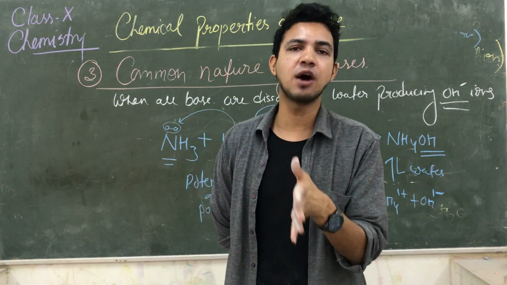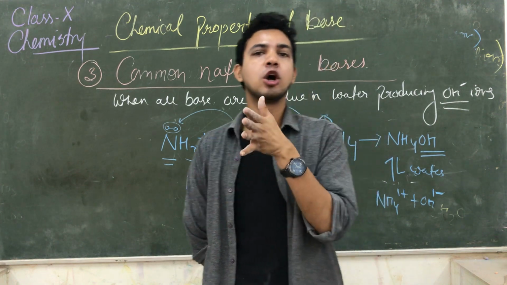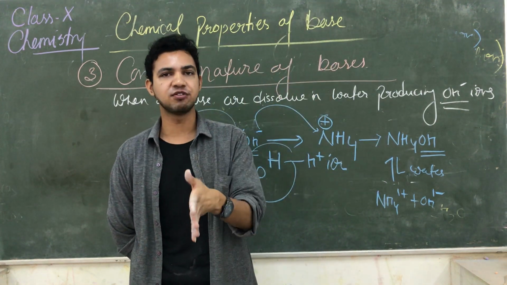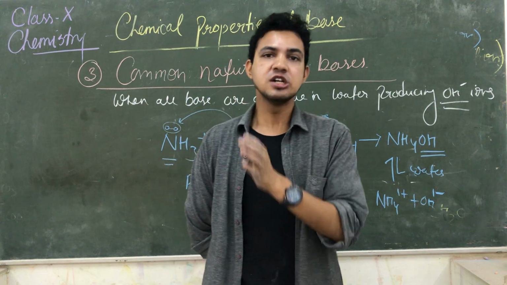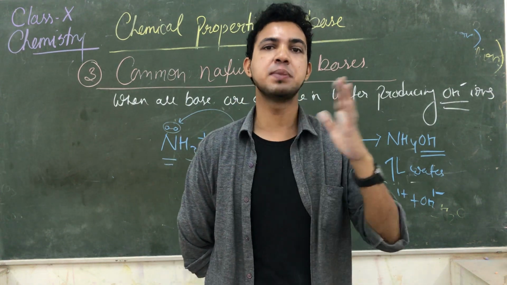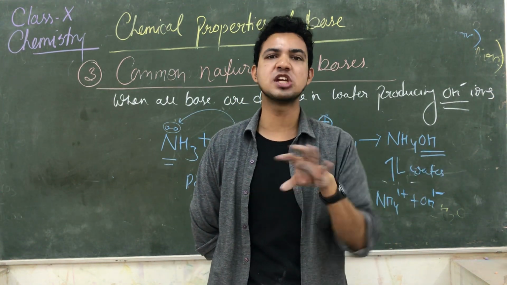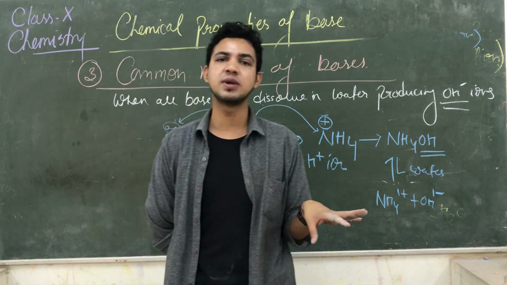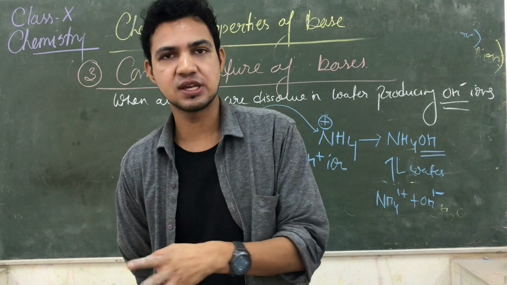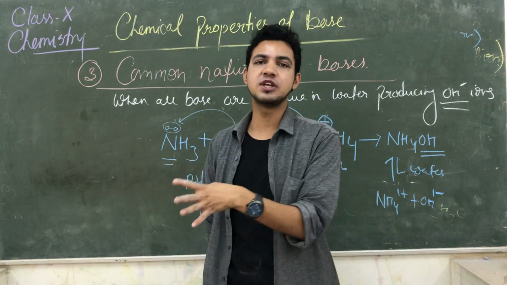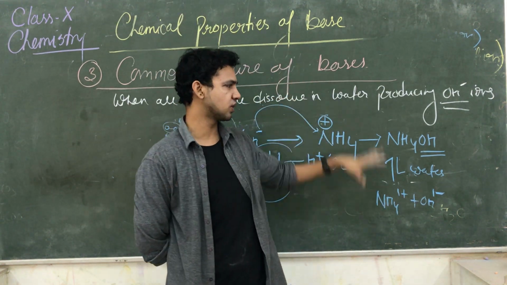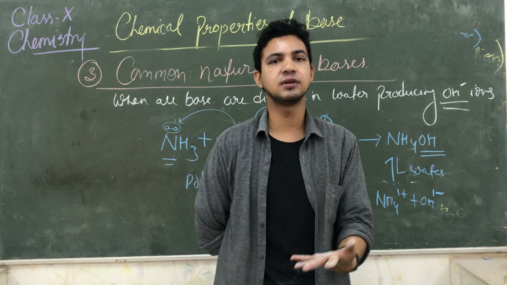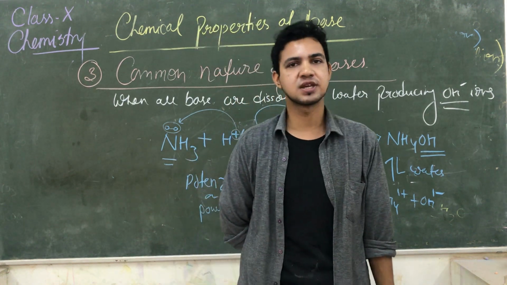सो ऑन द बिहाफ ऑफ द pH पेपर और pH रेंज वी आर आइडेंटिफाइंग द गिवन एसिड इज अ स्ट्रॉन्ग और अ वीक और गिवन बेस इज अ स्ट्रॉन्ग और अ वीक. तो pH पेपर हाइड्रोजन के पोटेंस के अलावा आपका बेस के पोटेंस को भी एक्सप्लेन करता है. The given base is basic or a weakly basic in nature. So first of all, today we have done our base. After that we are working on pH scale. Okay, thank you.